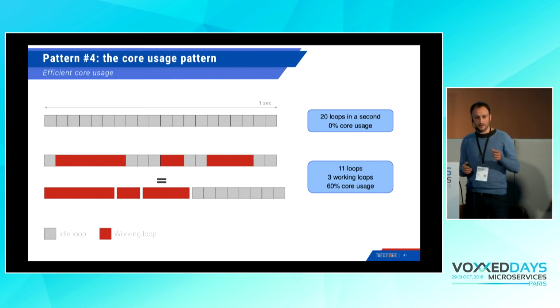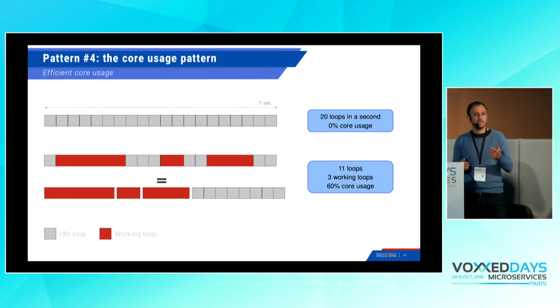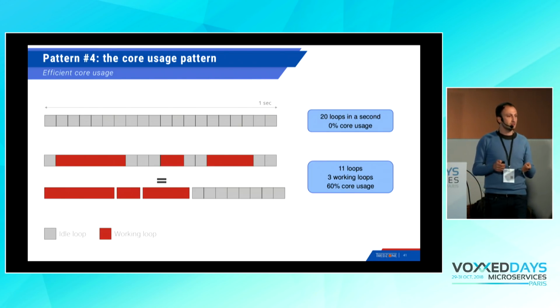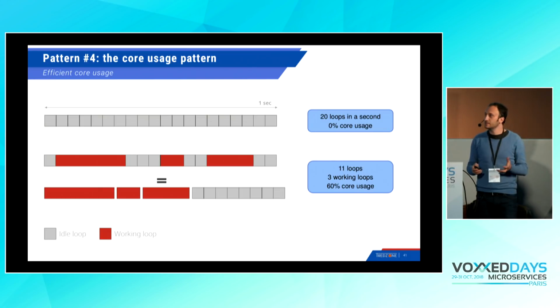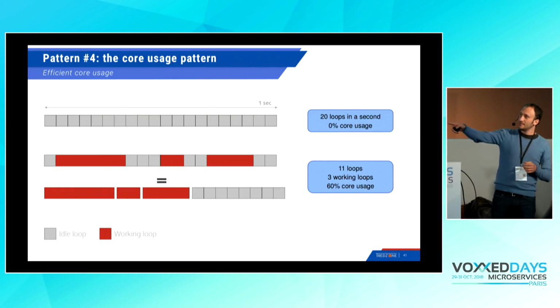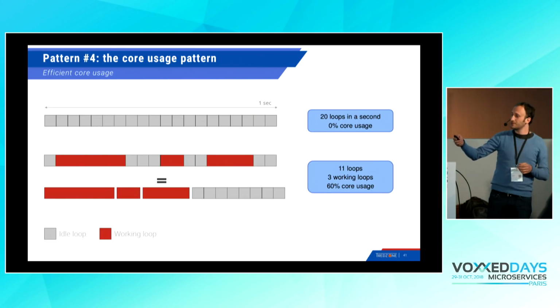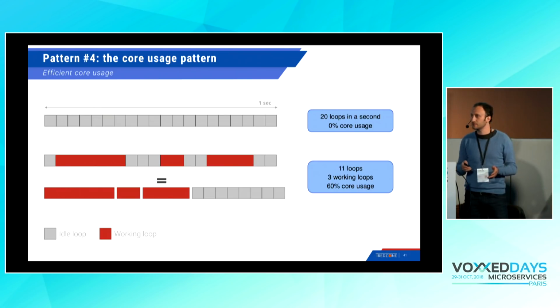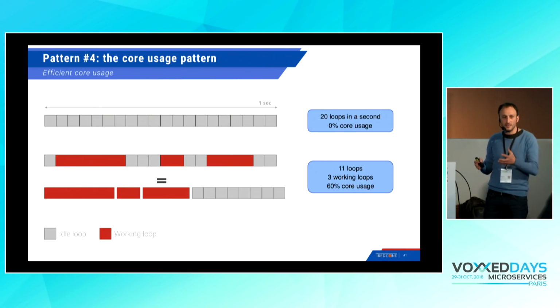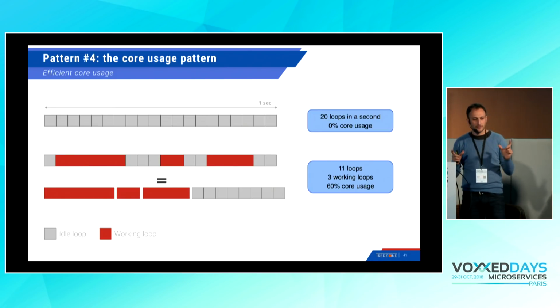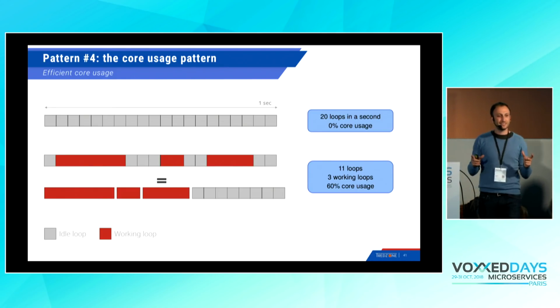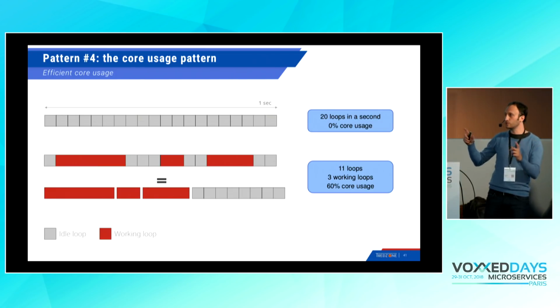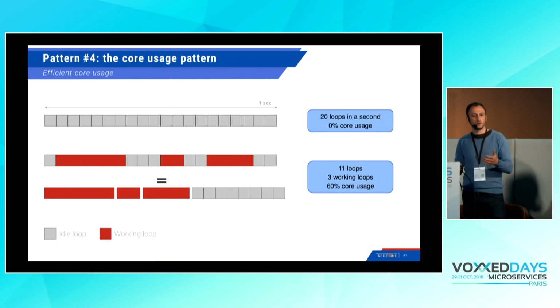Then, after that, I have some loop working, meaning that I have received an event. So my actor is working. In that case, when it works, this loop takes more time. So perhaps it's not 300 nanoseconds, but 1 microsecond. The only thing you need to do is to know the cumulative time of each loop and do the ratio with the total time for the calculation.